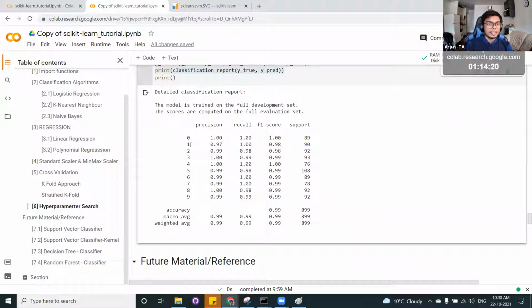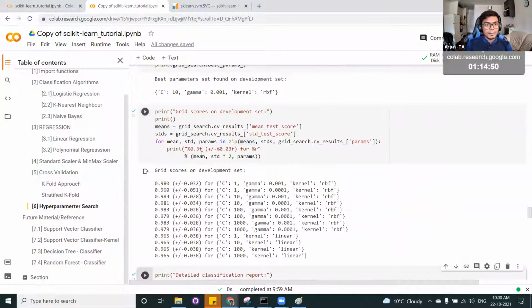Let's say you have dog, cat, and lion; you can see the report of each class. Similarly, we have 10 outputs, that is the digits 0 to 9, and you can see how well it is performing for each class. When there are unbalanced data sets, you can use this kind of strategy to see how it is performing, whether it's good or bad.